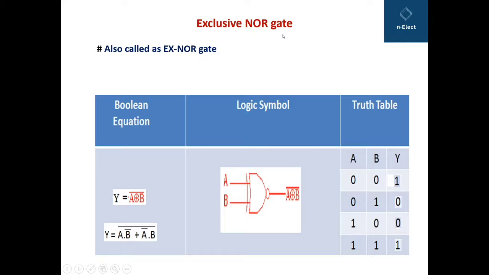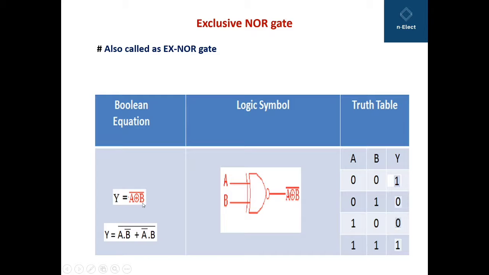Moving on to exclusive NOR gate, it is also called as XNOR gate. As we know, the Boolean equation for the XOR gate is A circle plus B. So here an extra inverter will be provided at the end of the XOR gate and you will get exclusive NOR gate. Or if you are drawing in terms of the symbol for the XNOR gate, then it will be shown like this. This is the symbol for the XNOR gate where A and B are the inputs, and here a small bubble adds an inversion. So at the output you are getting A circle plus B whole bar.